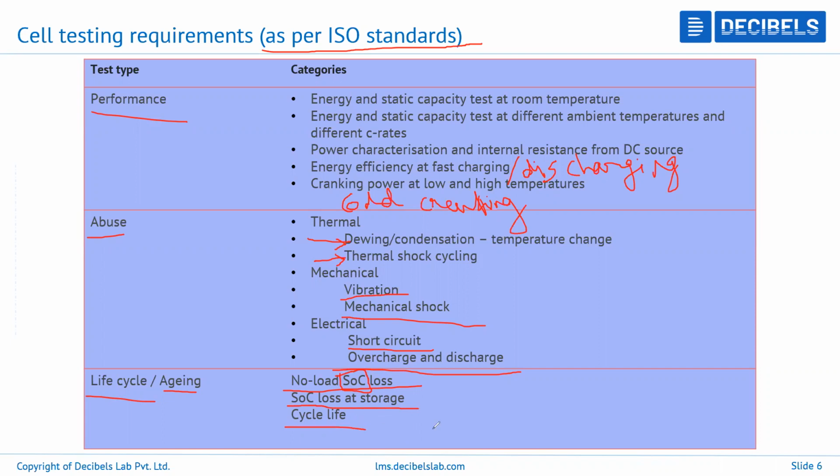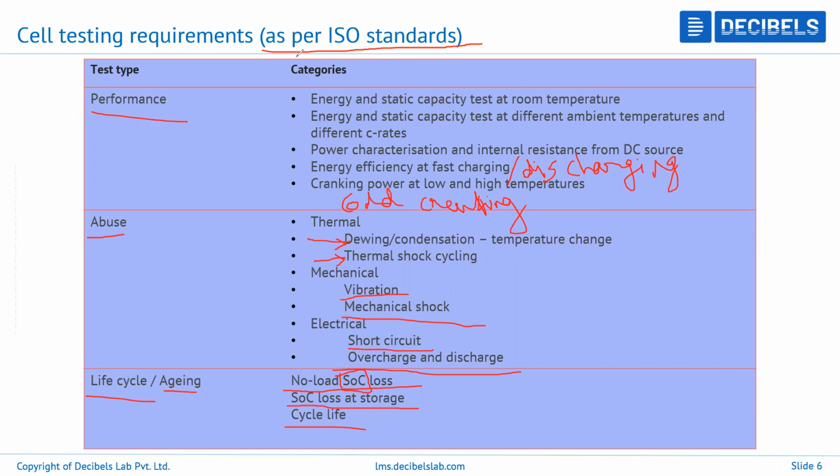And then finally, cycle life. So cycle life, as I had mentioned earlier, is if you subject the cell to multiple charging and discharging cycles, how will that affect the performance? Okay, so all of these are the three different types of categories or protocols that have to be followed. So this is as per ISO. Each standard will have their own requirement, and each standard will have their own definition of what are the different